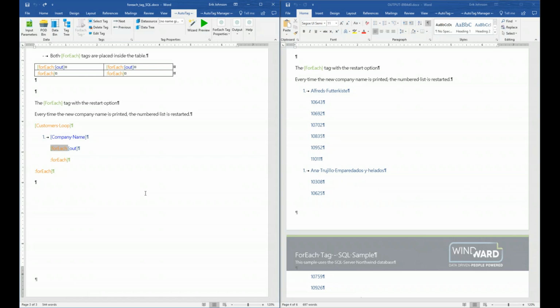It shows you the data that you wanted, and it displays how you formatted it within your template. So what's happening here in our example is Report Designer is collecting all of the data from the customer loop and all of the data within this inner ForEach loop, ties it together, and when it produces the output, it